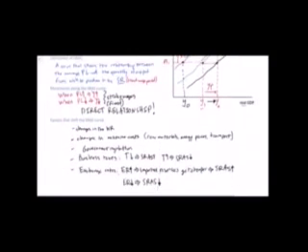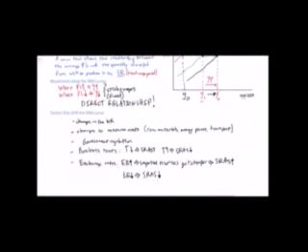Finally, we talked about the factors that can shift a country's short-run aggregate supply curve, causing the level of output to either increase or decrease at every price level. This includes changes in the wage rate, changes in resource costs, the level of government regulation, the level of business taxation, and the exchange rate in the country, particularly in countries that import a lot of raw